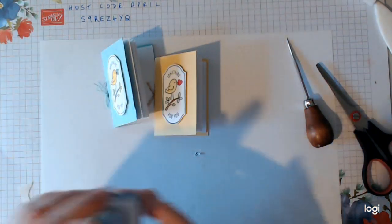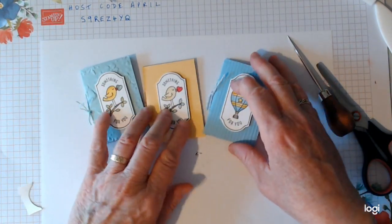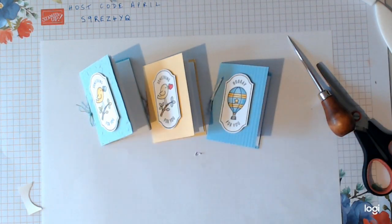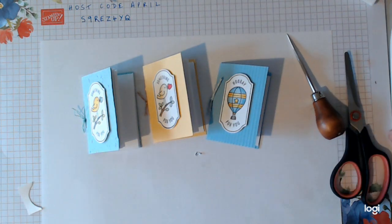Three nice little books, just using copy paper and a bit of card and that one stamp set, and I think they're lovely. So I hope you have a wee go at making them, and if you do, be sure